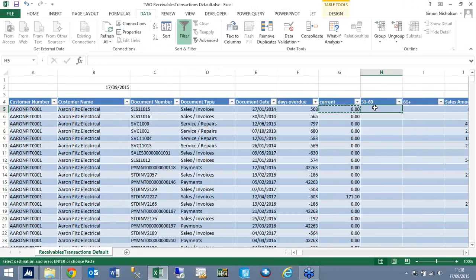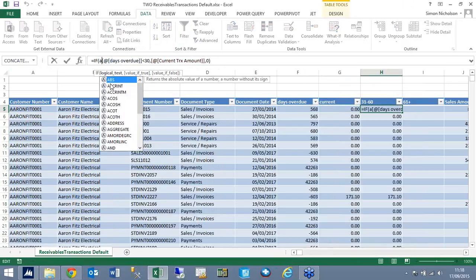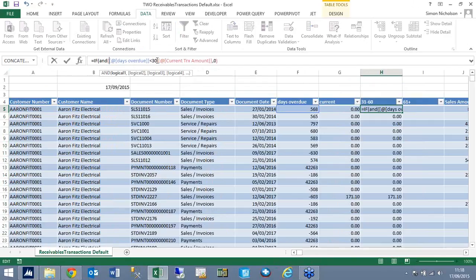There we go, so that's my current's done, so I'm just going to copy that, pop that in there. So, just change this a little bit, so I'll just do an if and